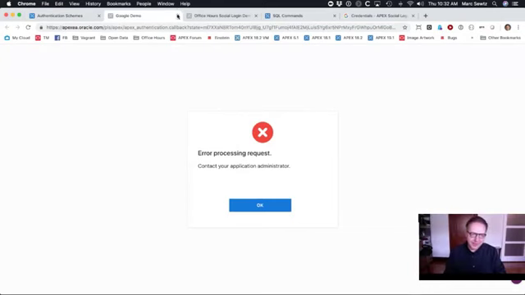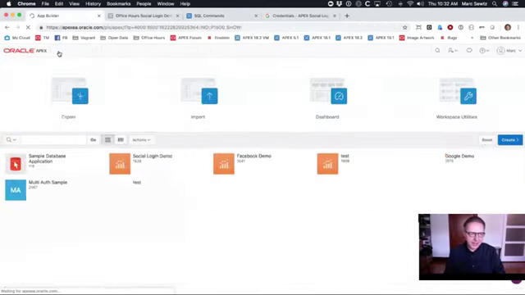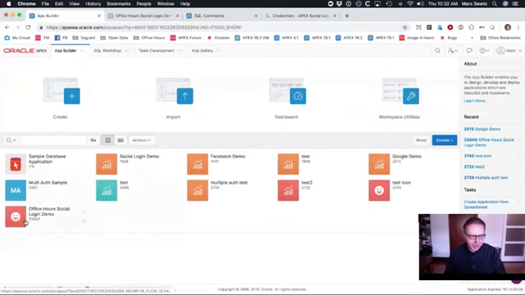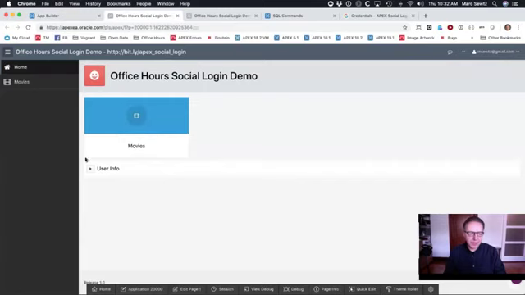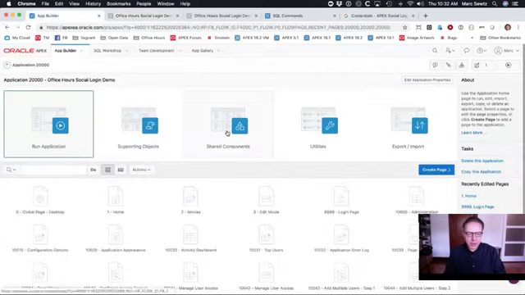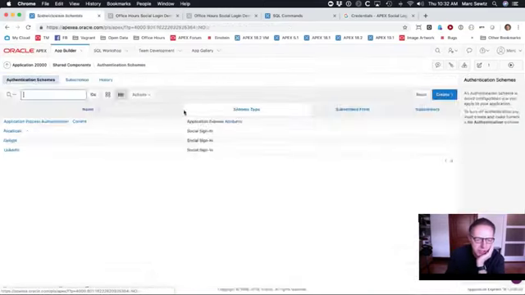All right. Could have worked, didn't work. That's how you set it up. I do have it running in this one here. So you've seen that before. So there Google worked. And to show you how the finished authentication scheme looks like,